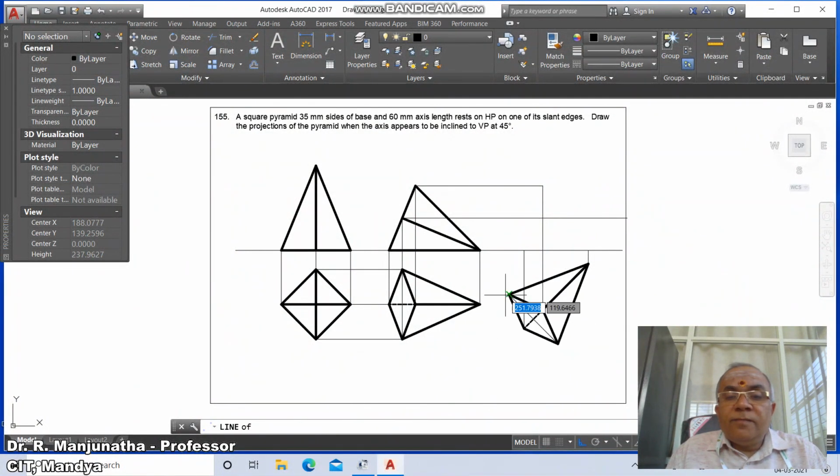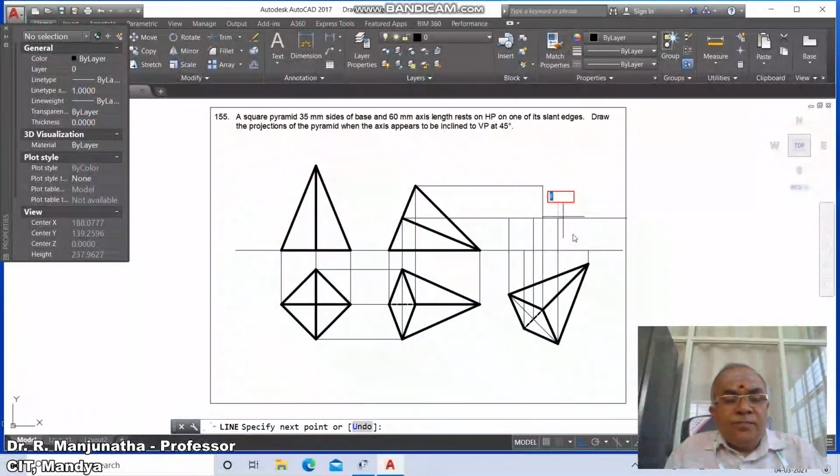int of this and draw perpendicular to this. Then go to line, int of this and draw perpendicular to this. Then go to line, take int of this and draw perpendicular to this. Then go to fillet between these two, then go to line, int of this and int of this and then